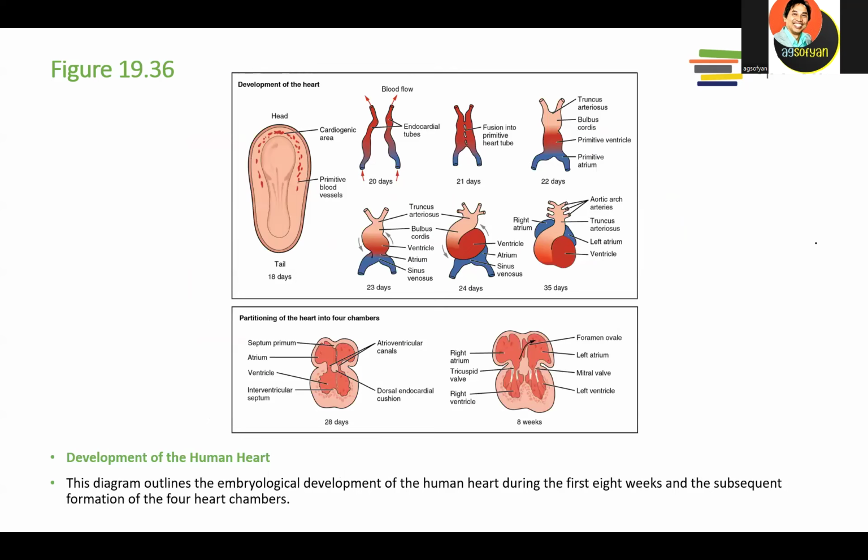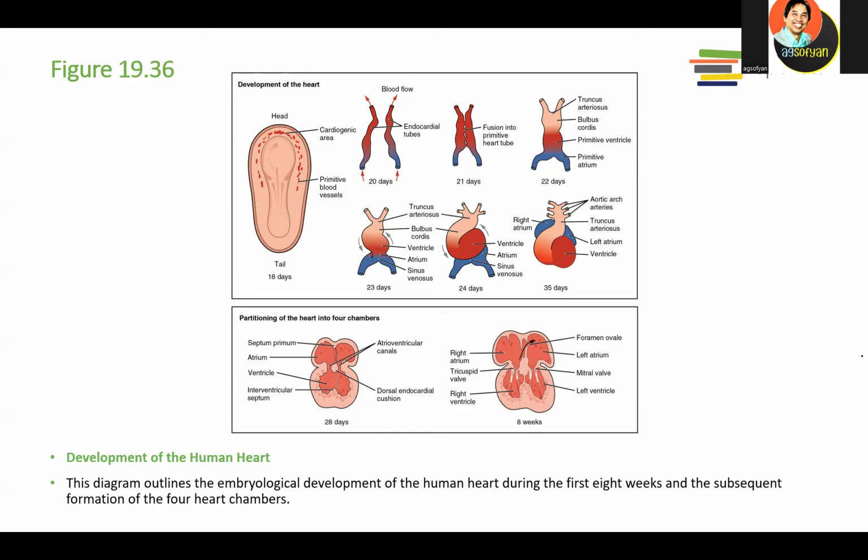This is the last one. This is actually the development of the heart during embryology. So this is the human heart. It starts from two chambers, three chambers, and finally we have four chambers. Just for your information, lower animals like fish, for example, only have two chambers of heart. So their blood is actually mixed between the poor blood and the rich blood.